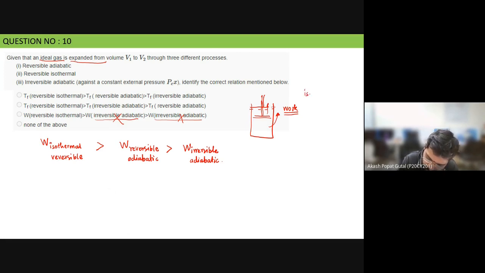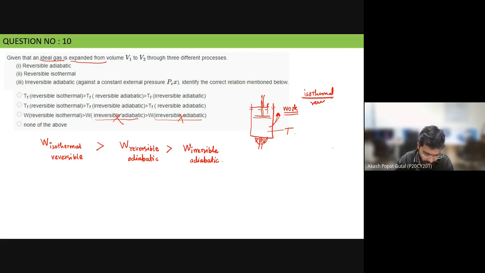For the isothermal reversible process, as it is isothermal, whatever work the gas does, a constant heat supply will be there